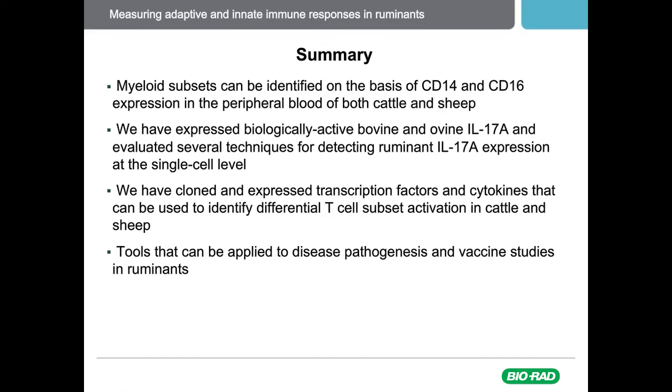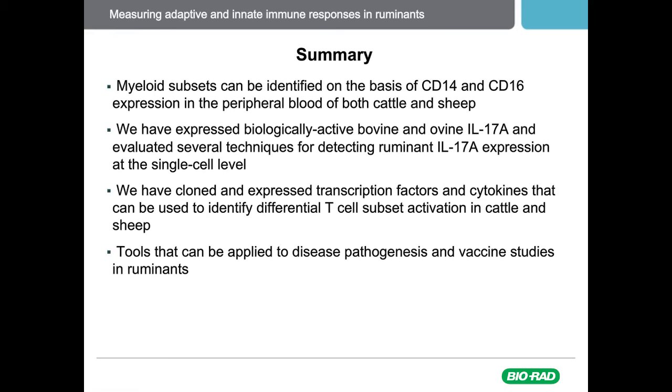So, in summary, hopefully what I've shown you is that in cattle and sheep, myeloid subsets can be identified on the basis of their CD14 and CD16 expression. We don't yet know what the function of those cells are, but that is work that's ongoing. We have expressed biologically active bovine and ovine interleukin-17A, and we have evaluated several techniques for detecting their expression at